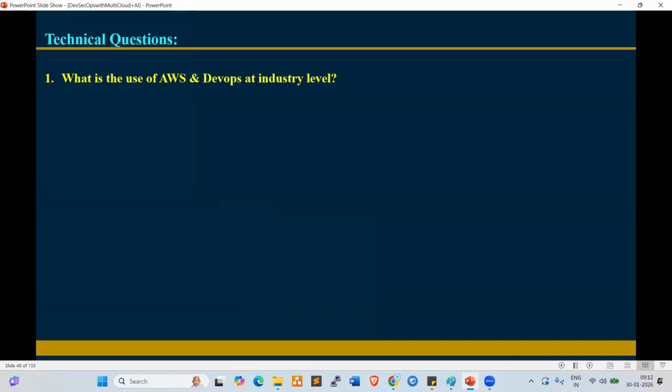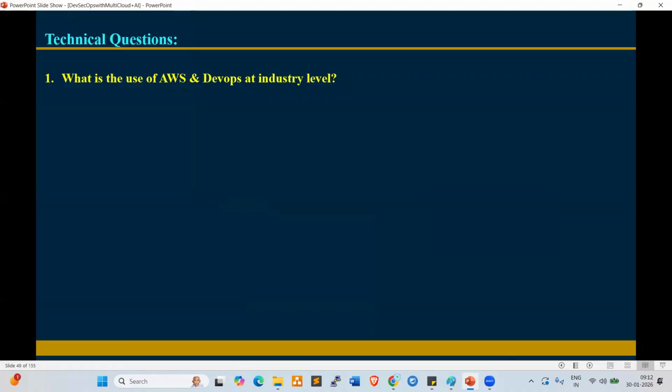Anyone? Why this much of drastic change? Because of automation, because of DevOps tools. By using the DevOps tools, we can automate the deployments, code merging, code pulling, integrations. Any activity can be automated by using the DevOps tools. By using them, we can automate any manual activities. That is why team size reduced, 180 members to 25 members.